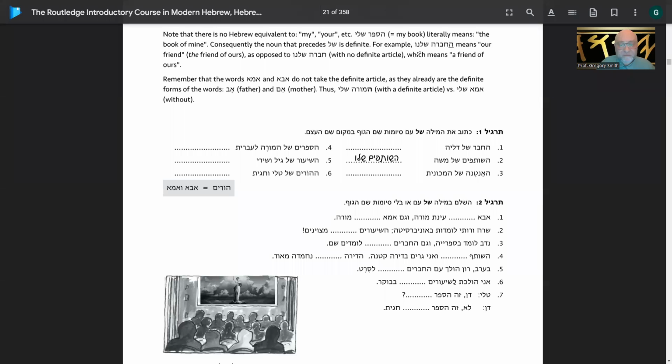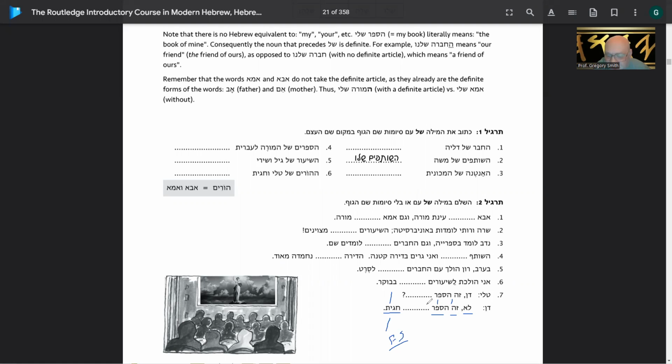Okay. Finally we have Dan answers. So this is a conversation here. Lo, ze hasefer blank Hagit. And remember, we learned that Hagit is going to be a feminine singular. So it's belonging to Hagit. So this hasefer, this is the book belonging to Hagit. So belonging to,